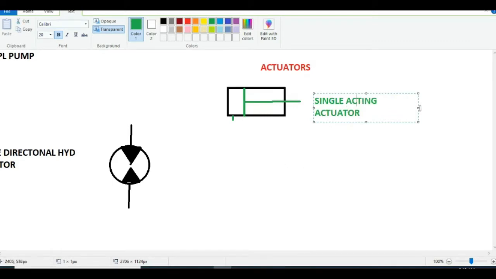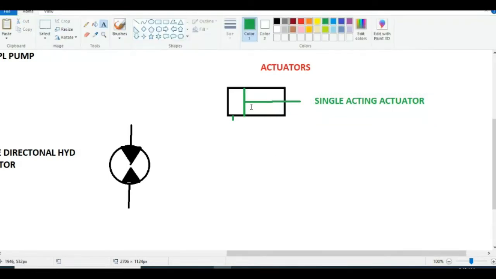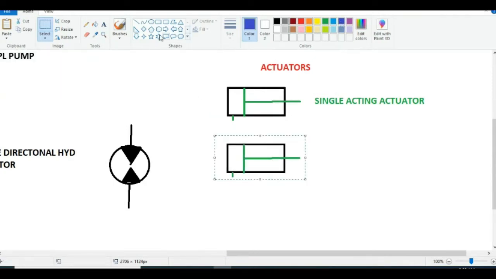Single acting actuator. Now another type of actuator is the double acting actuator. Again, there are more types in the single acting actuator. Here a spring is also installed. If the same symbol is there and you are adding the spring here,